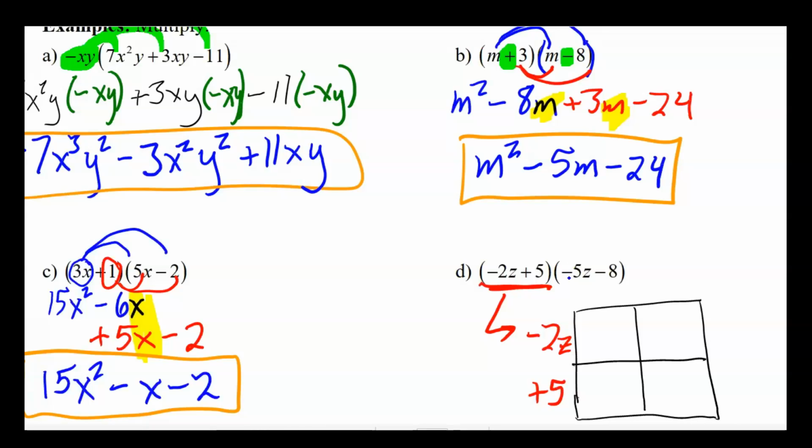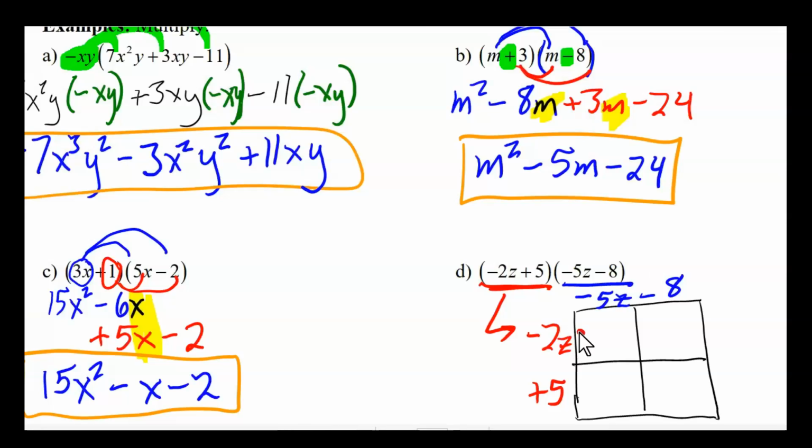The second polynomial goes across the top, -5z minus 8. By the way, it doesn't matter which one goes down the side and which one goes on the top. That's just what I do as standard. You just need one of them on one side and the other one on the other side. And you need a space for each value. So there should be an empty square for each of the values that you've got, okay? Then when you're multiplying it,